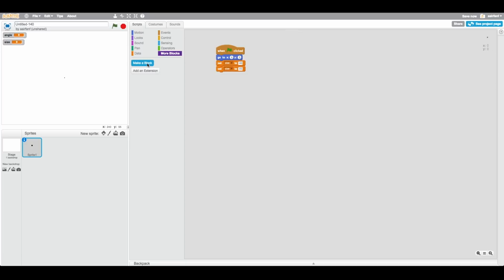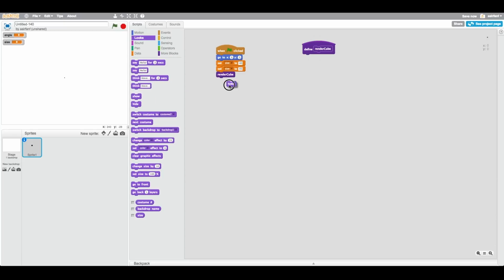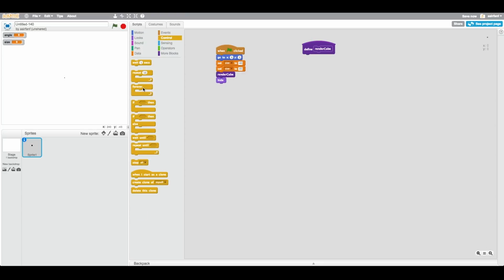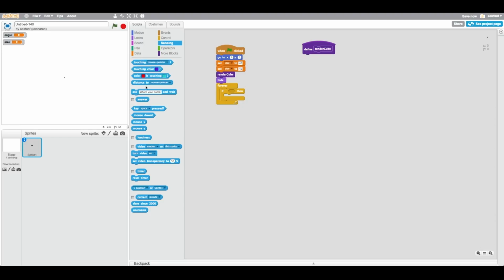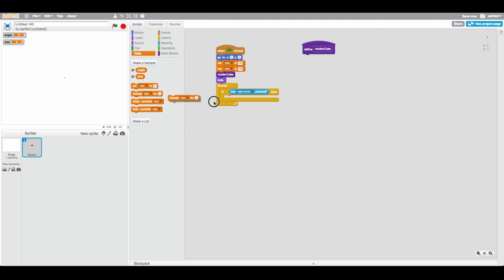And then you want to go into more block and create a block called render cube. In this, define render cube, right? You're going to want to render cube here, then go into looks, drag in a hide, go into control, drag in a forever, drag in if, go into sensing, drag in key space is pressed, but then change that to right, as you probably guessed. Then we're going to change angle by 3,